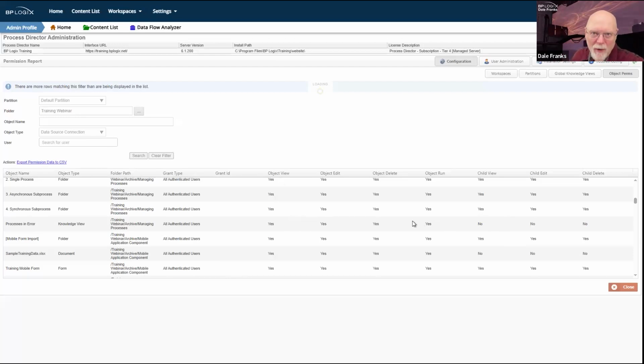If I really want to give this any extra study, being able to export it to CSV and opening the CSV file in Excel makes my life a little bit easier in terms of being able to go through and analyze what my different object permissions are on all of the different objects. In my case, I know what the permissions are because they're pretty much universal on my system.